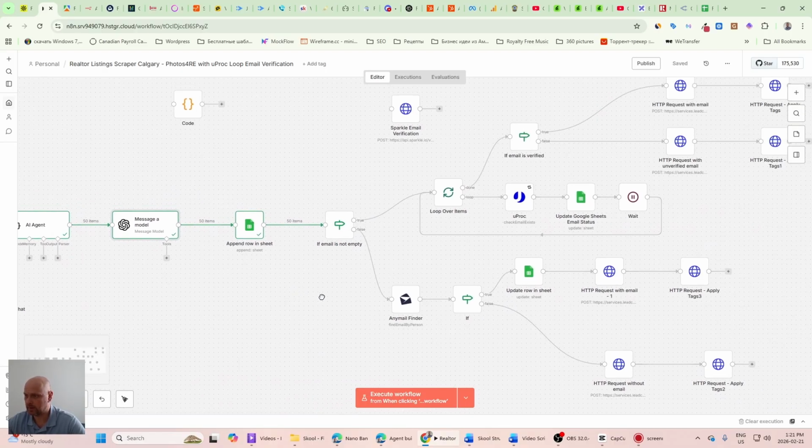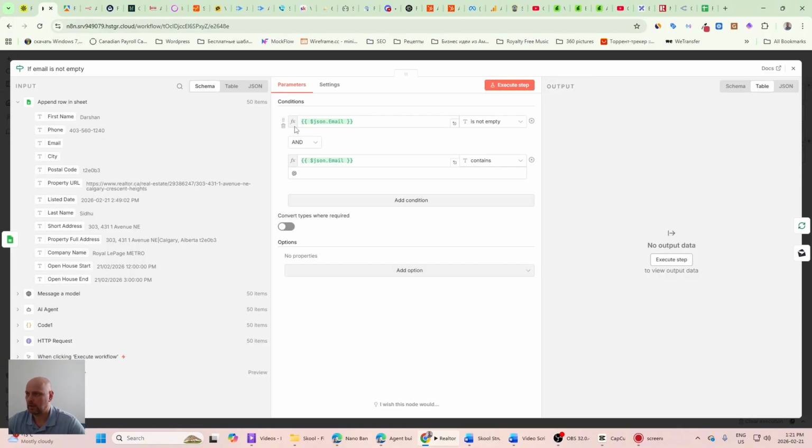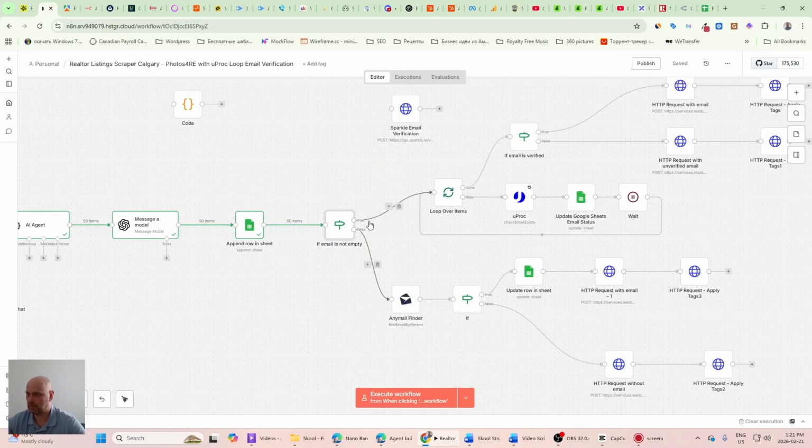the next step that I use is the If node. So if email is not empty, let me open it up. If email is not empty, that means it's true. Let me just execute this node real quickly. So 31 emails, 19 items I actually run. Yeah, so it's less than 70%. But anyways,